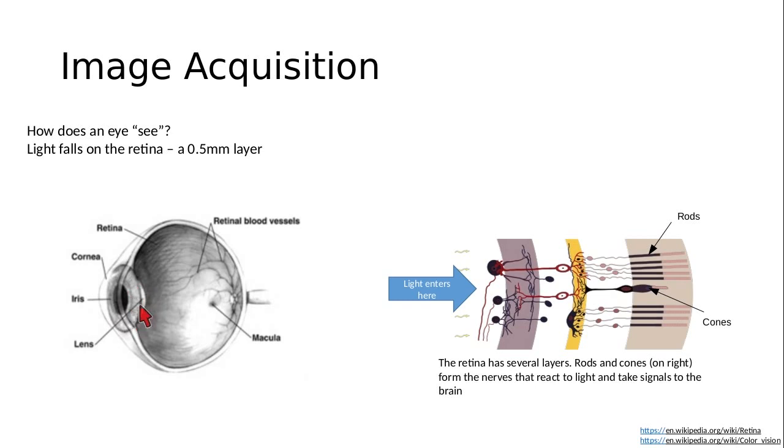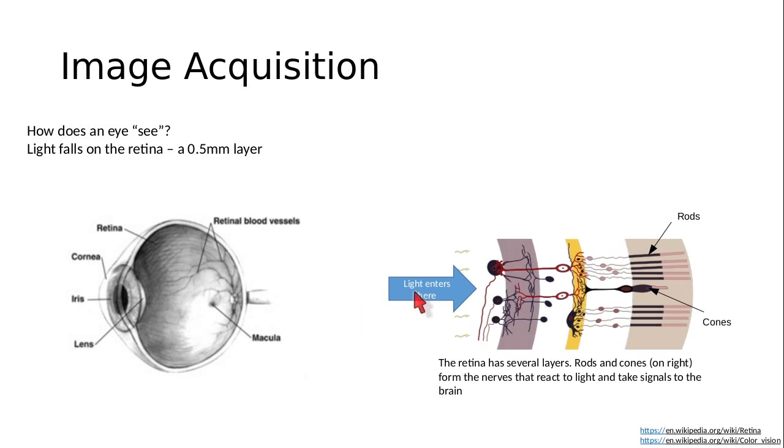The lens is a biconvex structure. It ensures that the light that passes through the eye actually focuses at a particular location within the retina. And the retina is the innermost structure of the eye, and this is the place where the light actually falls, and there are photoreceptors on the retina, and these photoreceptors are sensitive to light. They are sensitive to photons, right? And these are responsible for actually converting the photons or the light that falls on the retina into signals that are carried to the brain, or electrical impulses that are carried to the brain.